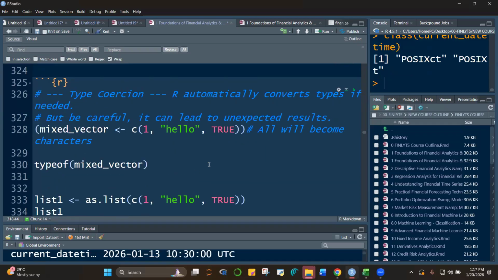All right. Now you can create an object, and inside it are several data. So here you have one, hello, and true. So one is numeric, hello is character, true is logical. But when you combine them together, class, what will happen? There will be what we call type coercion, because